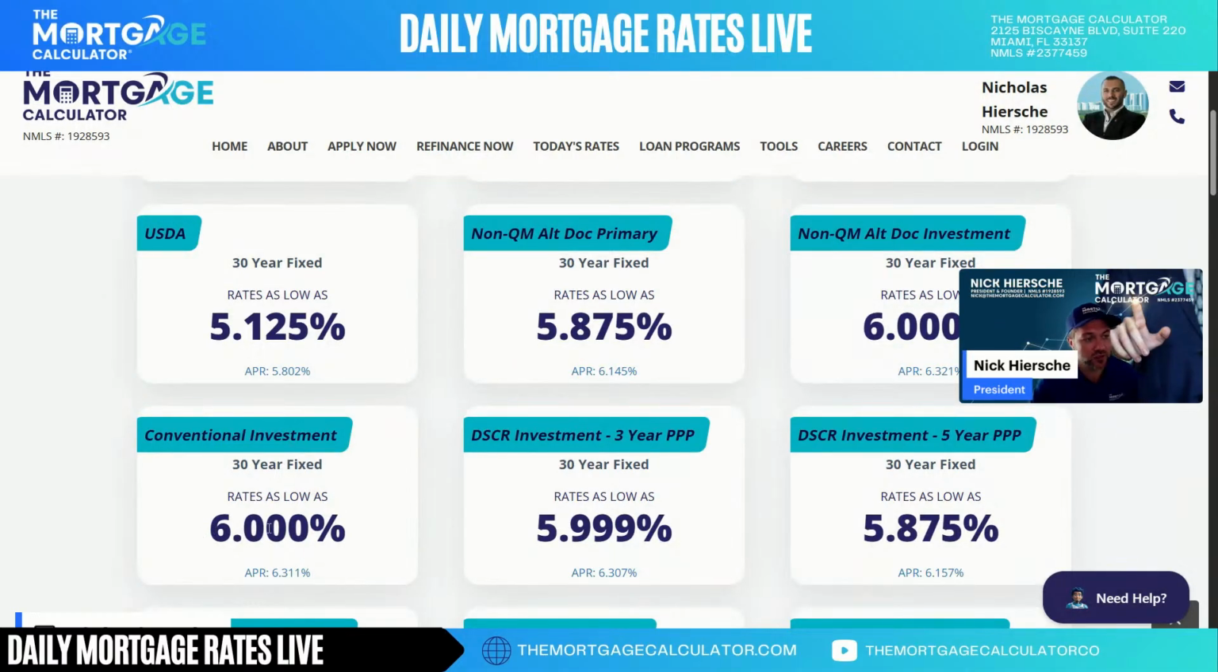Rates today come in at 6% flat as well. Final APR 6.311, so just a touch cheaper to go conventional, but always amazing when our non-QM are nearly identical to conventional programs. And one of our favorite options, and we'll talk a little bit more about that today, DSCR